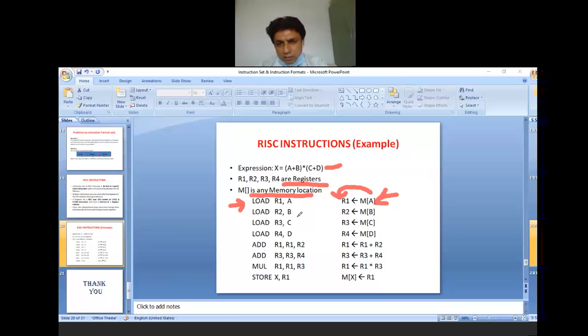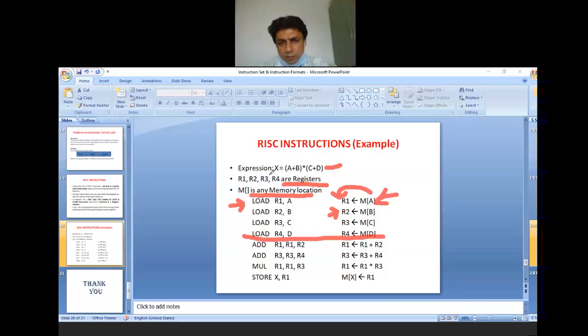In the second operation we need to load operand b into register 2. In the same way we need to load c and d into the registers. These four steps are computed using the load instruction of RISC, and after that all four registers contain a, b, c and d, and now we need to calculate the expression.